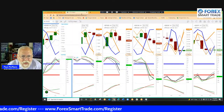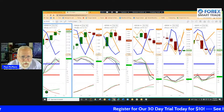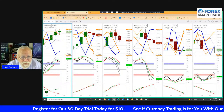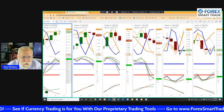So I call this the composite chart because it's showing us 6 different currency pairs. On this first chart, it's all US-based pairs. We're trading off of a 1-hour chart. You can see over here, there's 21 minutes left in the hour. I start with the middle part of the chart on this 10-point trade